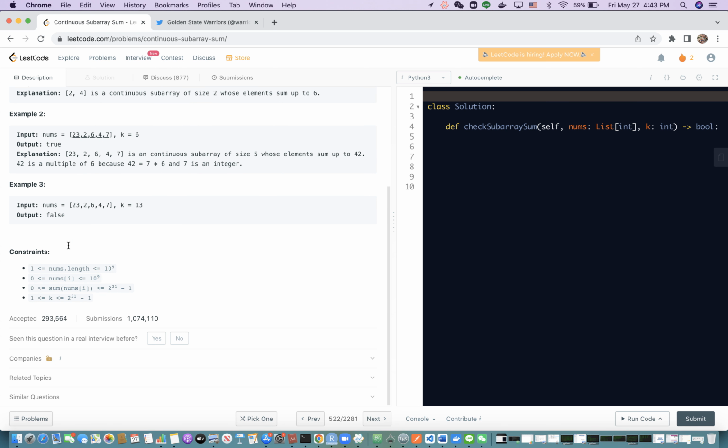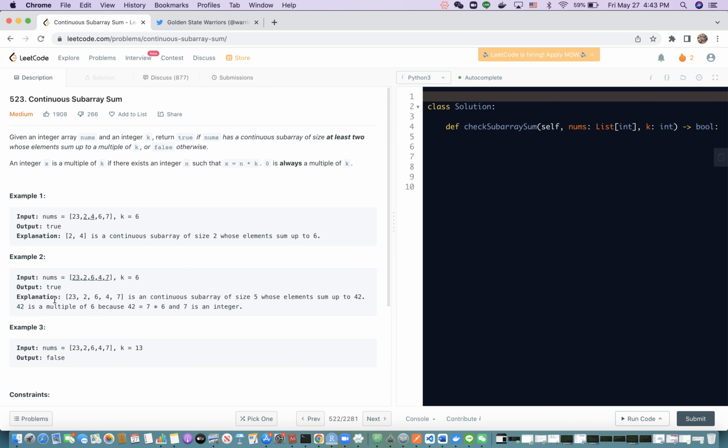Next, let's look at the constraints. Here we want to talk a little bit about the first one and the last one. The first one is the length of numbers, which can be up to 10 to the power 5, which tells us that if we want to solve the problem in a brute force fashion, it may not pass the test. Lastly, we have a constraint on k, which is greater than or equal to 1. That is, k is not allowed to be 0 in this problem. Okay, with this problem explained and the examples demonstrated,